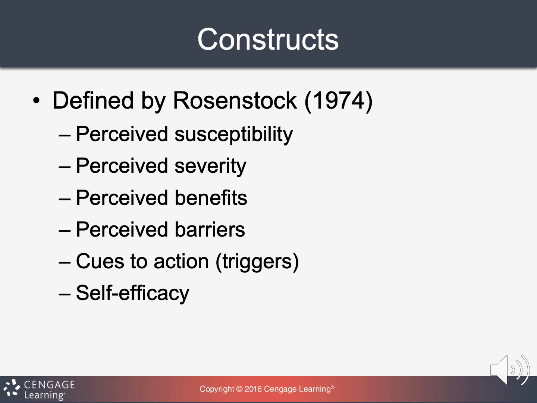And then self-efficacy is how much the person thinks that they have the control to change this behavior. So how much does the person believe that they can actually stop smoking? How much does the person believe that they could actually mask or maintain social distancing? Maybe their job, if they work at a diner, maybe they have to interact with people. So how much control do they actually have to make this change?